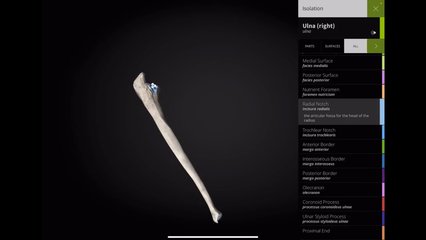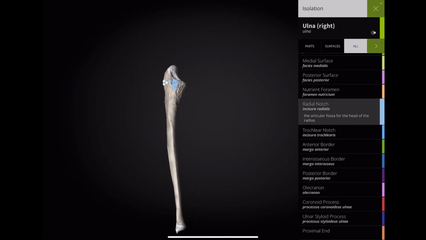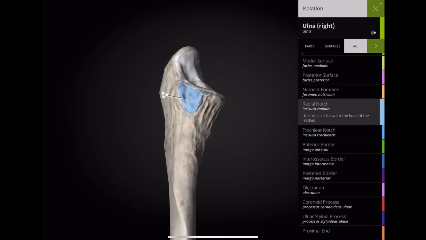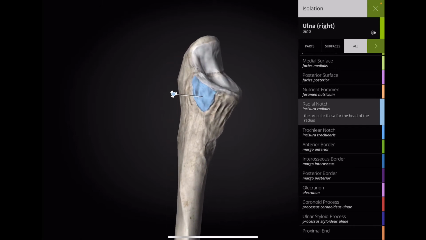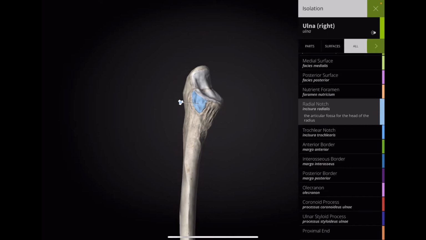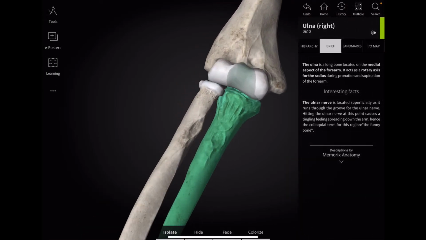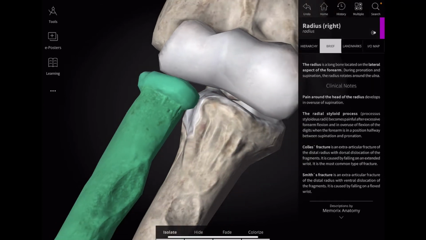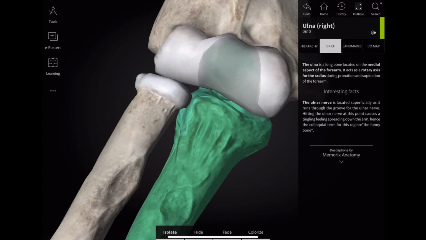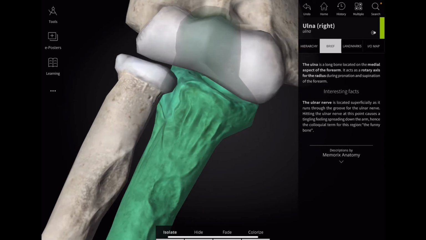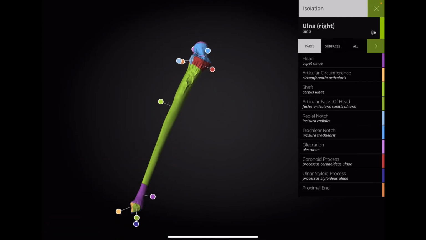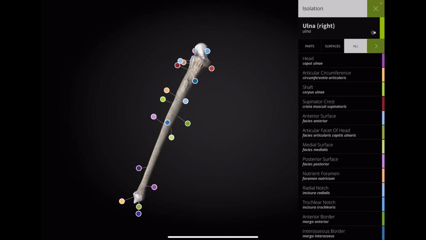Then we have the radial notch. The radial notch is important because it gives the articular fossa for the head of the radius. So we can see it here. The radius, which is this bone over here, articulates at the radial notch. You can see that the head of the radius articulates within that fossa, which allows basically the movement of supination and pronation to occur. So it's a very important structure, the radial notch. So going back,